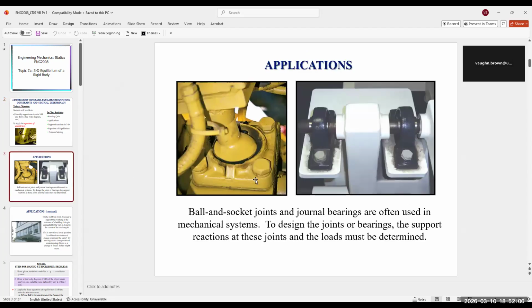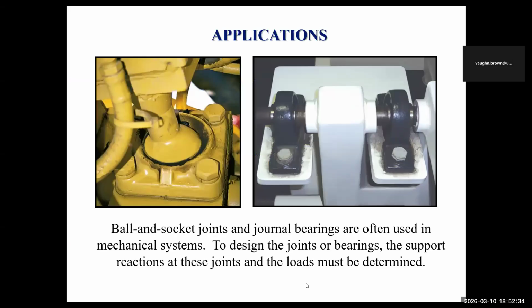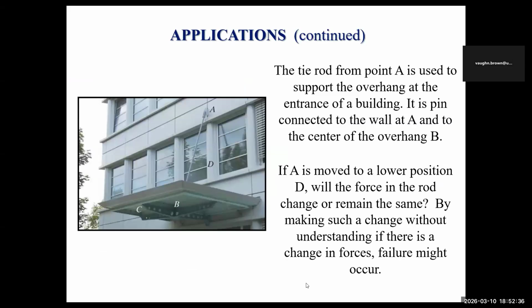You have a joint here. Let's say that this is a crane or something, a heavy lifting machine. It could even be a crane, it could be a tractor, whatever. But you have a ball and socket joint. Journal bearings are often used in mechanical systems. To design the joints or bearings, the support reactions at these joints and the load must be determined. So you look carefully at them. Now, let me go to slideshow, as I'm not in slideshow. All right. Then now, here now you have,